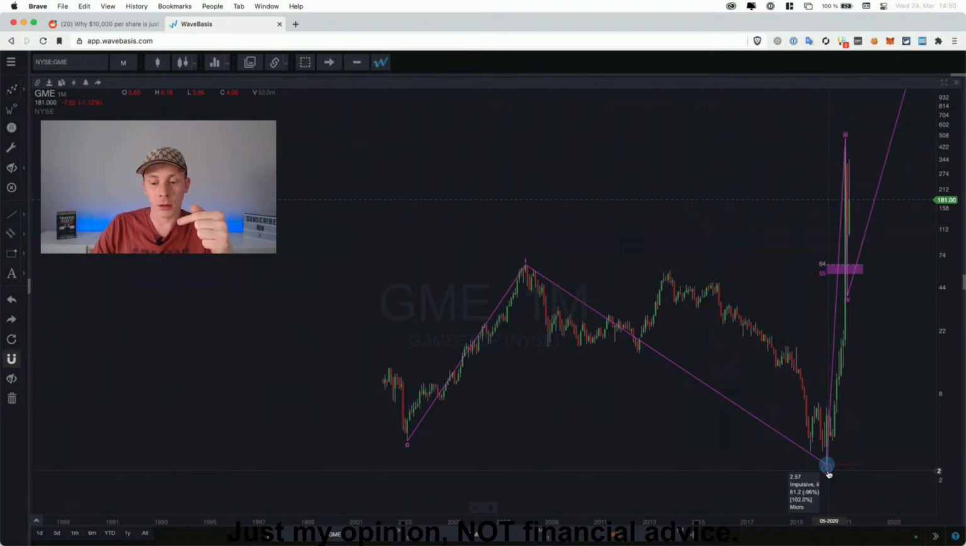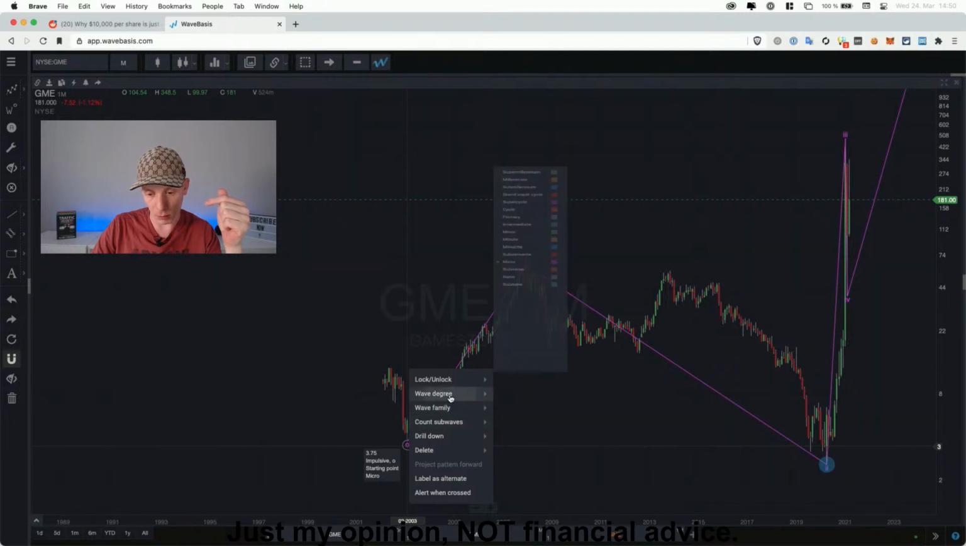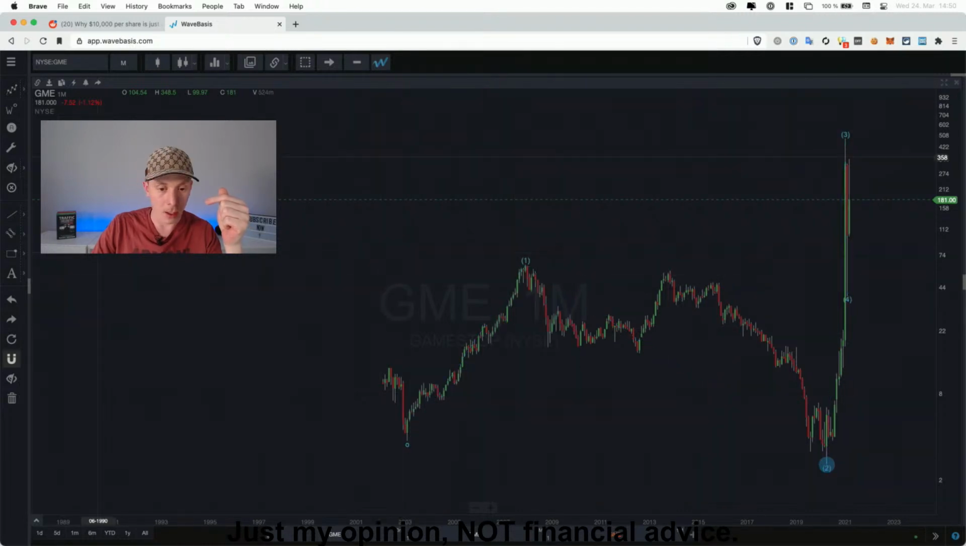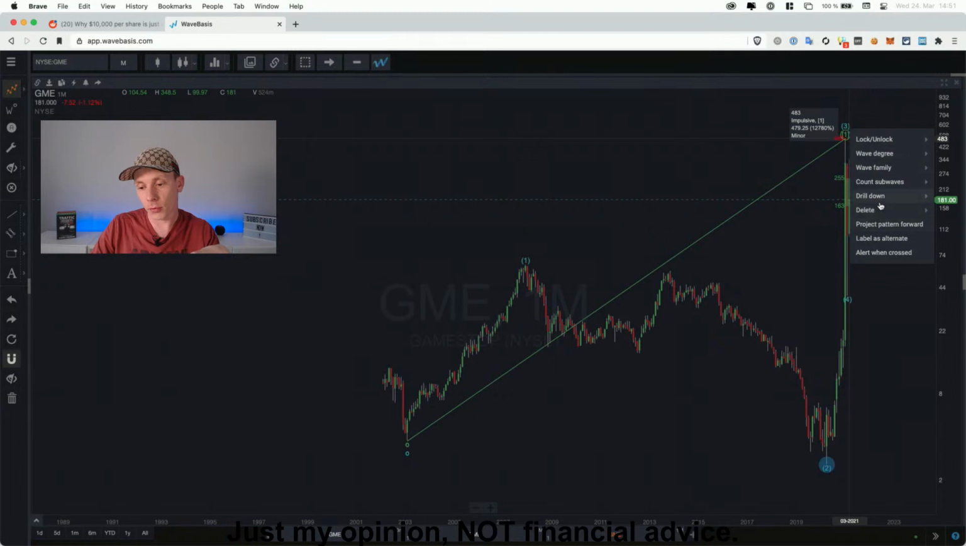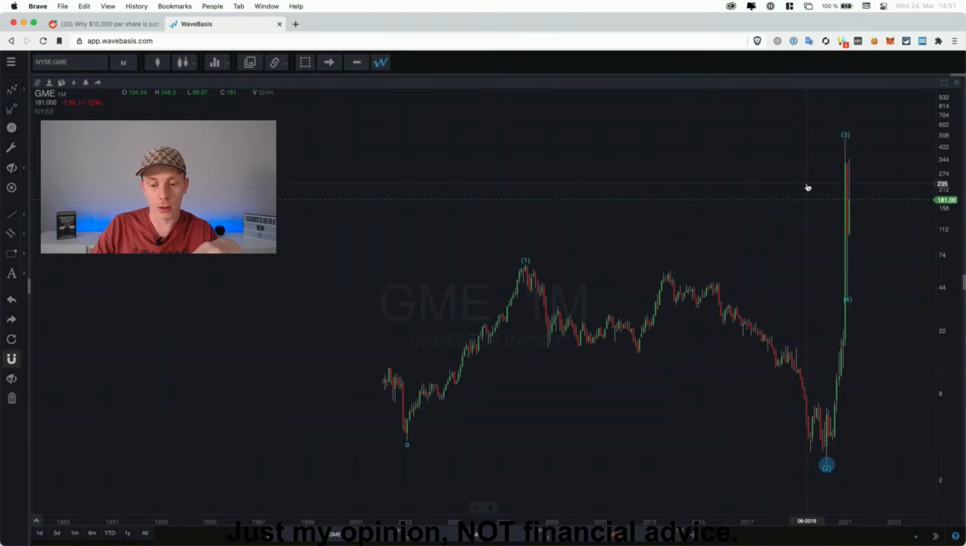However, if that violation here is not okay, then theoretically our wave 1, and I'm going to start changing the wave degree, let's say intermediate, could be this here. But that would mean that theoretically we would also have to have another impulse wave all the way here, or a leading diagonal. And both are not the case here. So I'd rather stick with the labeling from here,